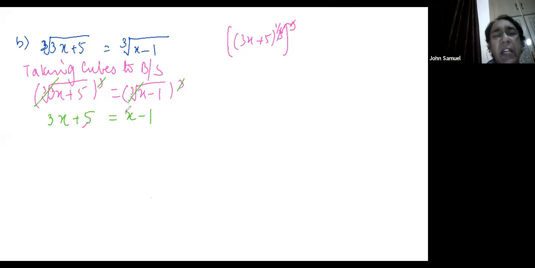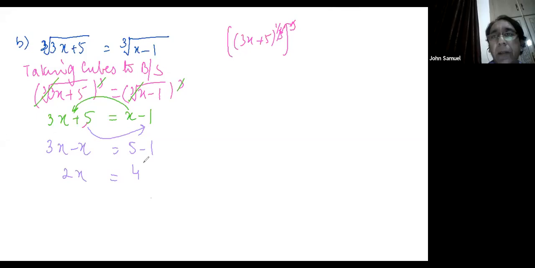The similar terms you can bring to one side. You can take this value to this side, and similarly, you can take this constant term to this side, my dear student. You can write the appropriate sentence like the shifting, adding minus x to both sides, or adding minus 3, minus 5 to both sides. After doing this one, I'm doing the next one, 3x minus x. After bringing this one, similarly, if I shift to that side, it will become minus 1. So 2x is equal to 4.